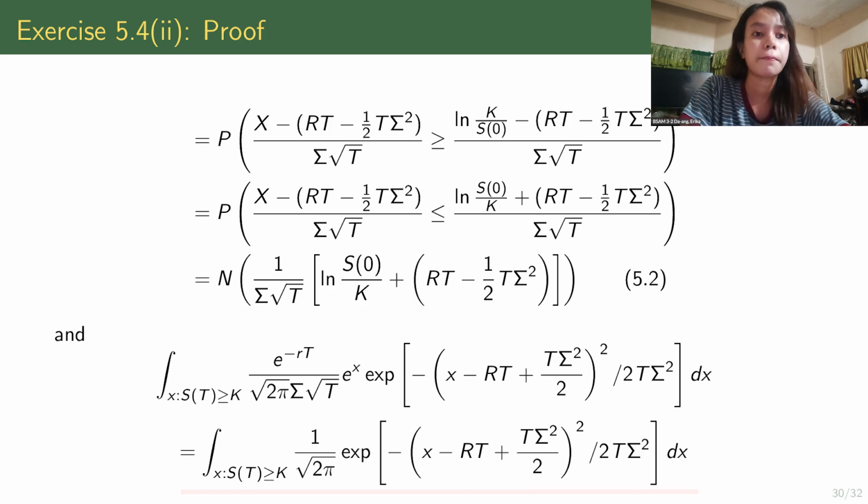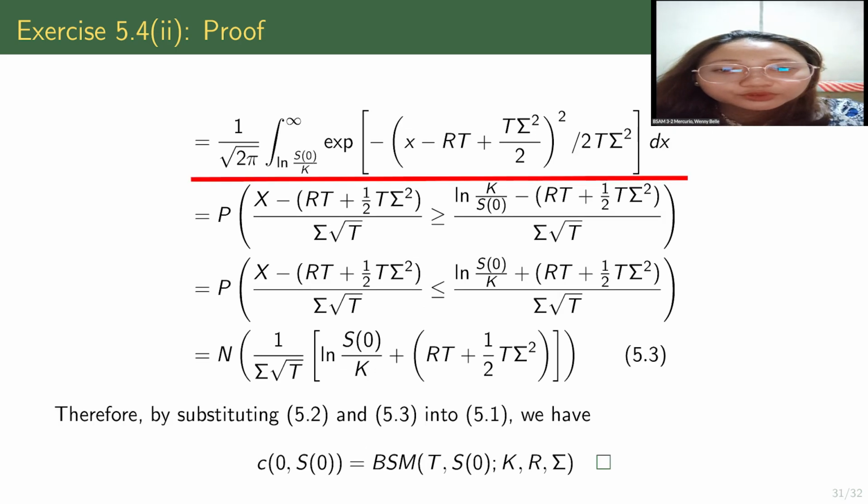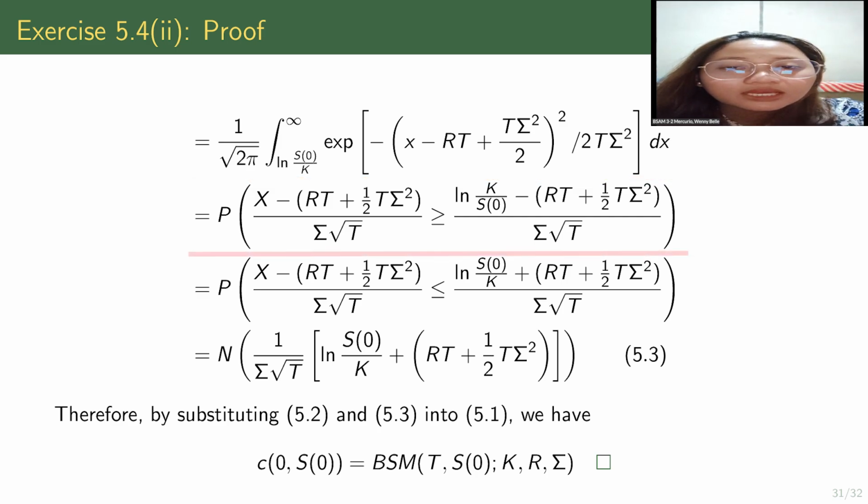is equal to 1 over √(2π) times the integral from ln(S(0)/K) to infinity of the exponential of -(x - (rt + tσ²/2))² over 2tσ² dx, which is equal to P((x - (rt + ½tσ²))/(σ√t) ≥ (ln(K/S(0)) - (rt + ½tσ²))/(σ√t))